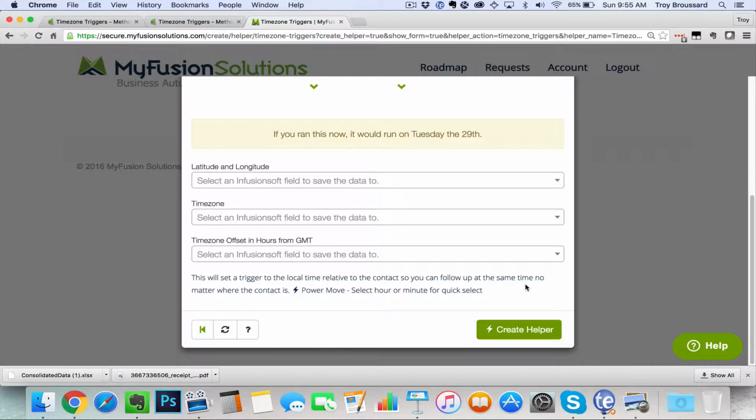Now, there's a couple of things that we can do as well when we're sending out this time zone based email. We can update the contact with their latitude and longitude information. We can update the contact with the time zone that they're in, and we can also update the contact with the time zone offset in hours from Greenwich Mean Time. So it's really up to you which of those you do or don't use. You don't have to do any of them,